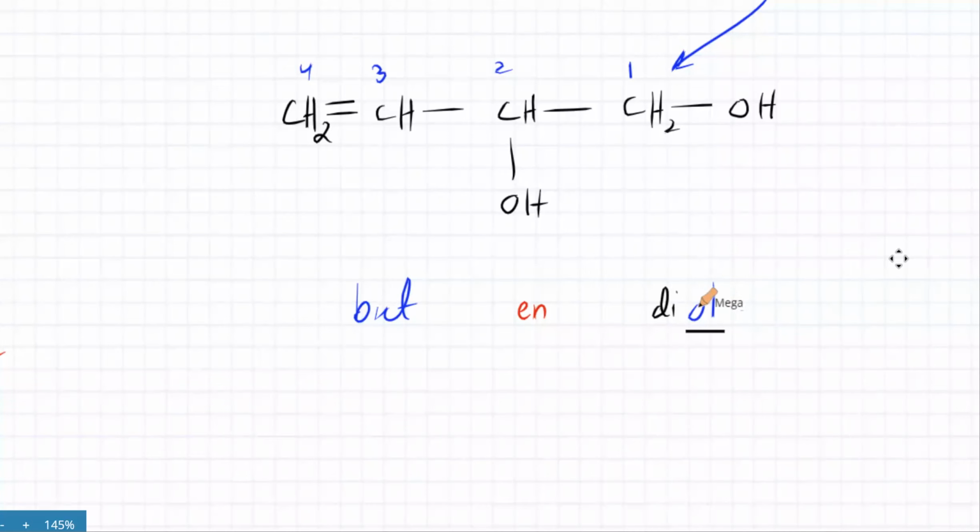So one of them is attached to carbon number 1, the other one is attached at carbon number 2. I mean, one is over here and the other one is at carbon number 2. And where is the EN? Where's the EN? That's at 3. So that's my molecule. It's a butanol molecule, and the positions are also